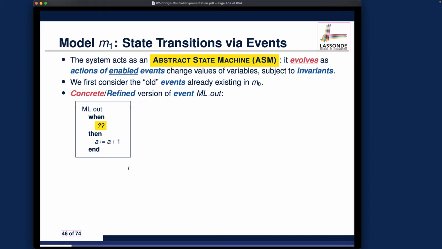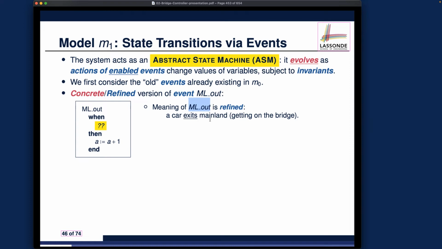Now we want to see under what circumstances this event should be enabled to occur. This is the meaning of ML out. It's a similar meaning, but now a little more elaborate. Before, we said ML out means going out of the mainland and into the island-bridge compound. So this is our definition in the initial model.